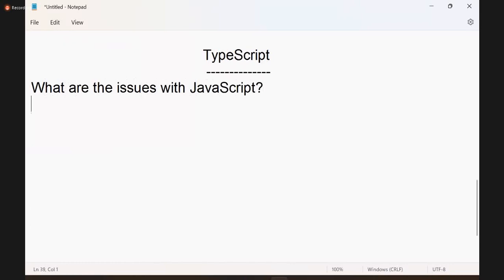We are using JavaScript as a language, and we used JavaScript as a language for React. Then what is the problem with JavaScript? What are the issues with JavaScript? There are so many issues with JavaScript. So one of the major issues with JavaScript is, it is not